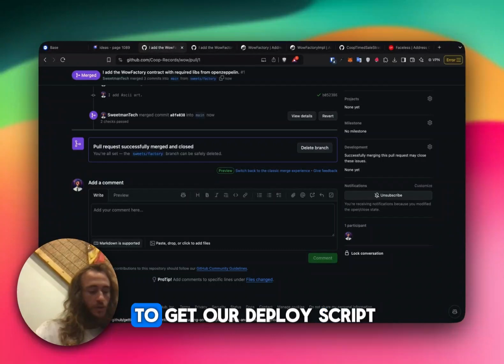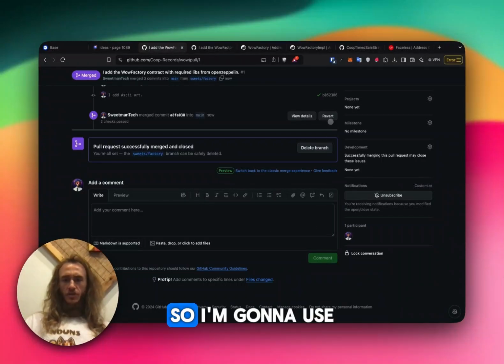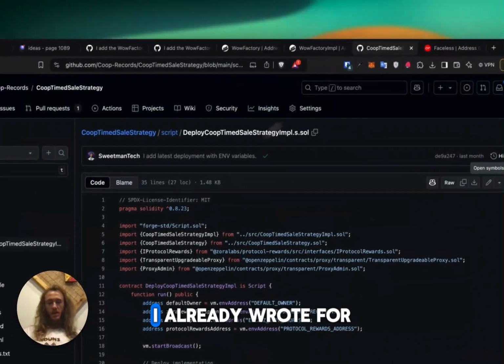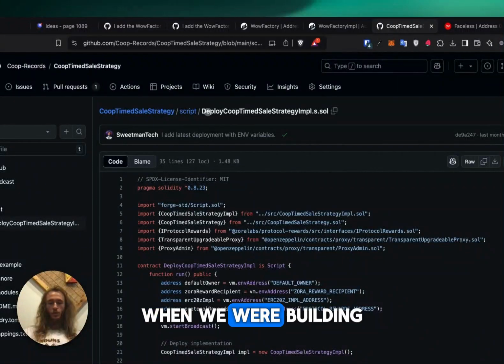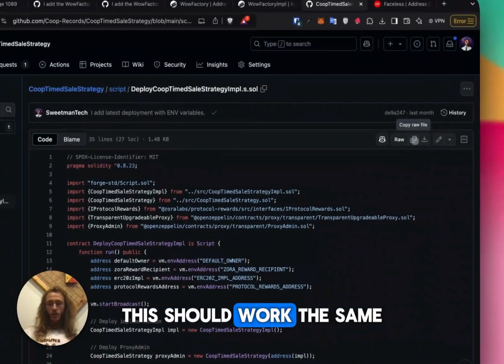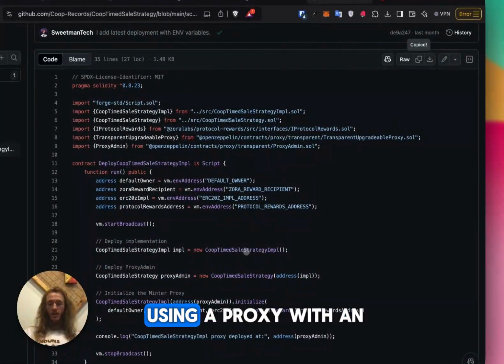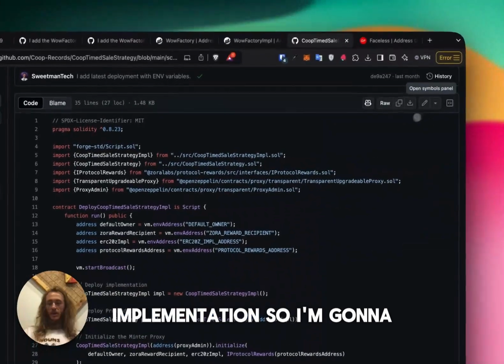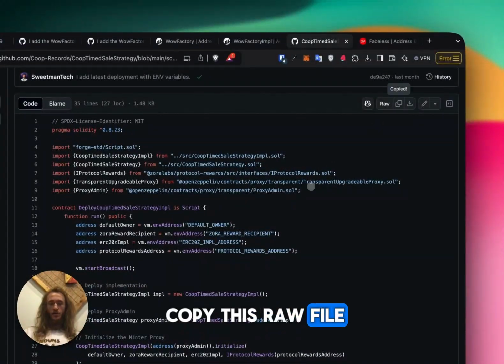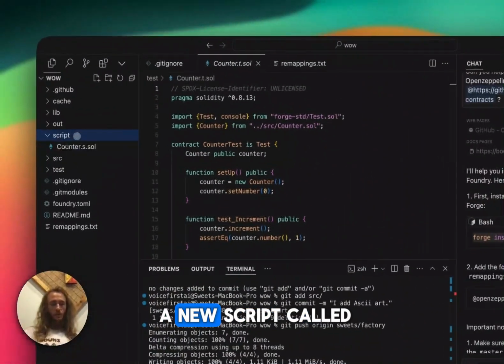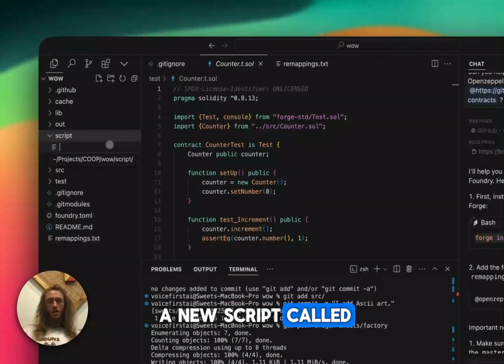The next step is to get our deploy script. So I'm going to use a deploy script I already wrote for kooprex in the past when we were building on Zora. This should work the same because this is also using a proxy with an implementation. So I'm going to copy this raw file, and I'm going to make a new script called,